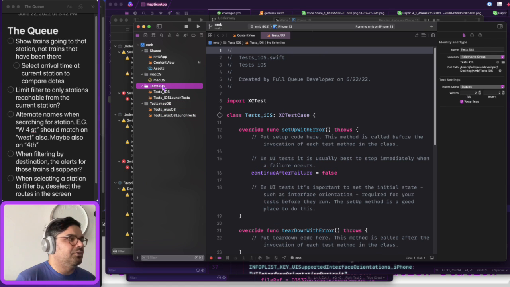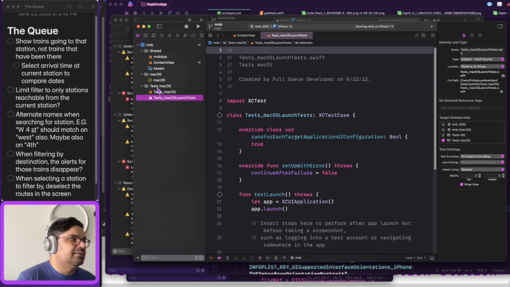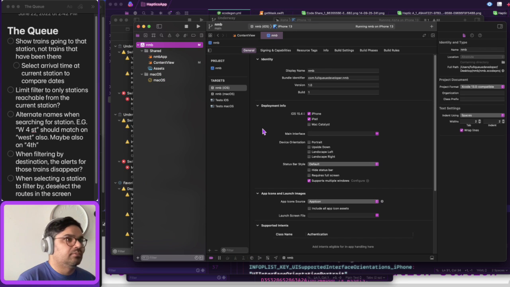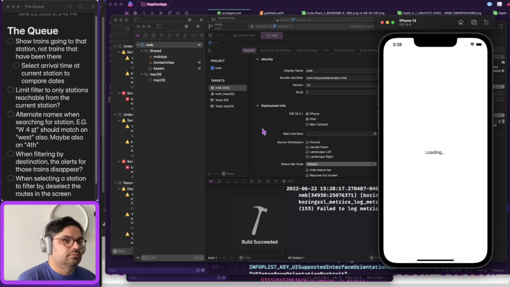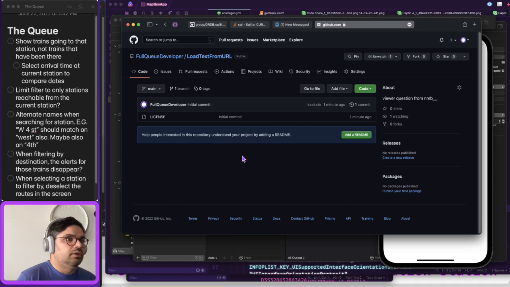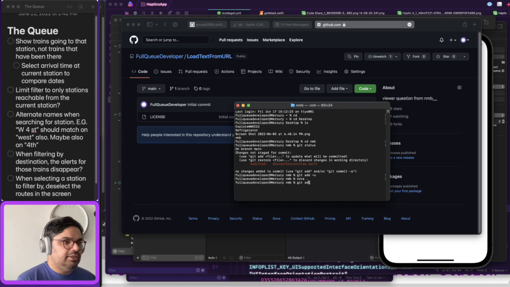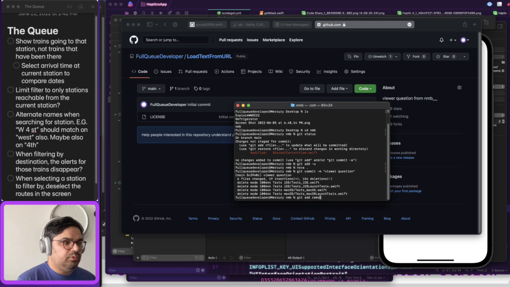I mean, there's all the stuff here that you don't really need. We can delete the tests, I guess. Git add dash u, git commit. Your question and git add remote